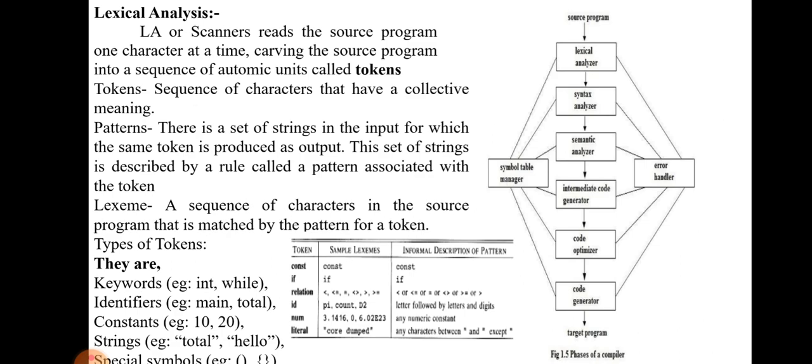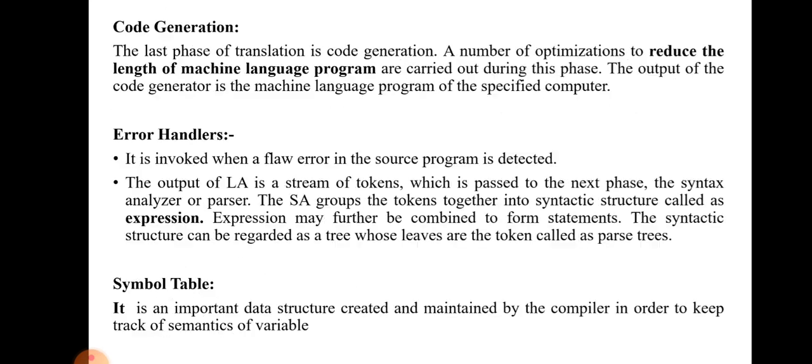Throughout the 6 phases there are two main concepts. One is symbol table management, and the other is the error handler. These two concepts interact with all 6 phases throughout the compilation execution. A symbol table is a data structure mainly used to store information about the identifiers used in the source program. The information stored in the symbol table is the name of the identifier, the type of the identifier, and the address of the identifier, for each individual identifier.